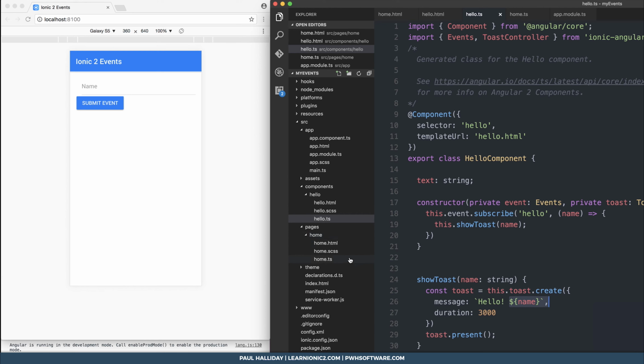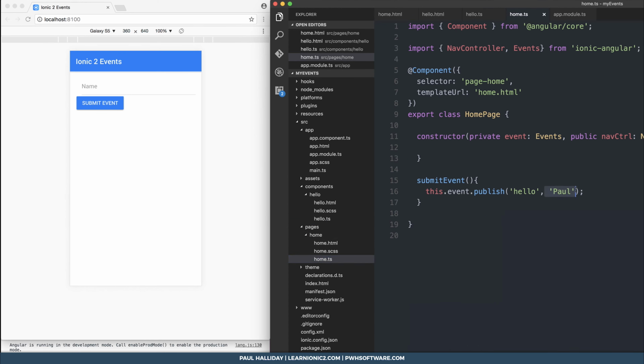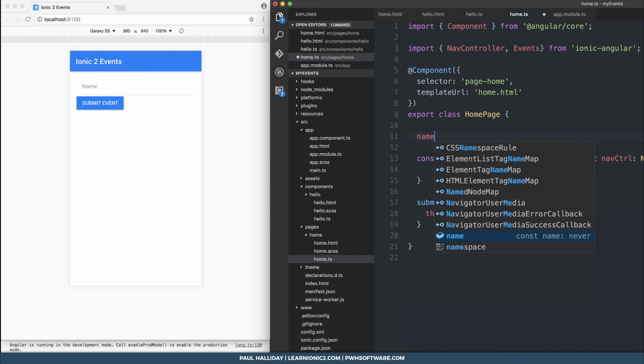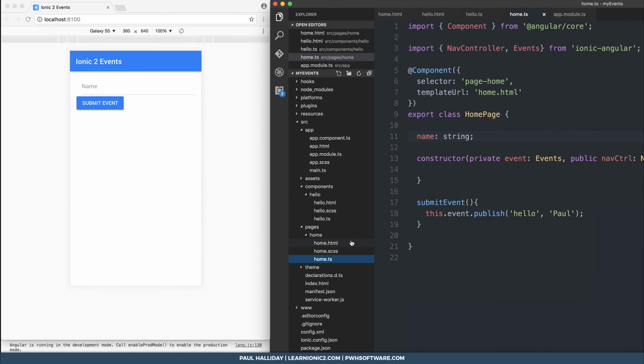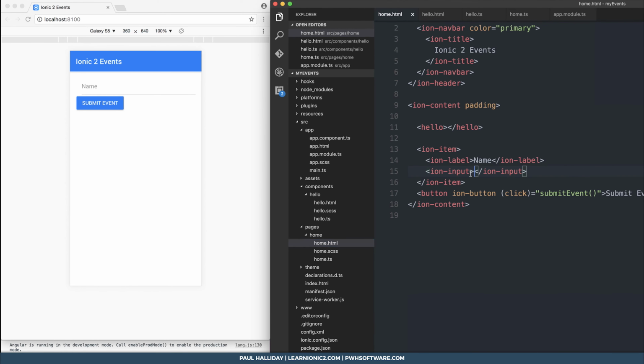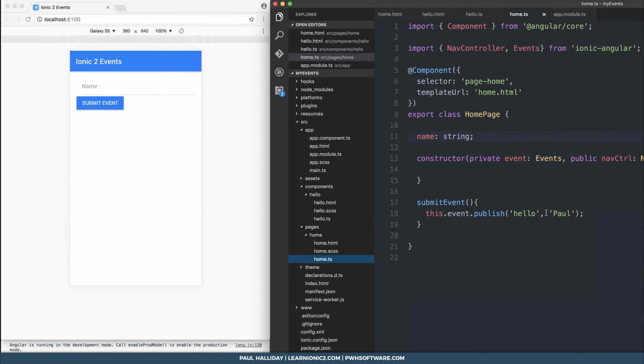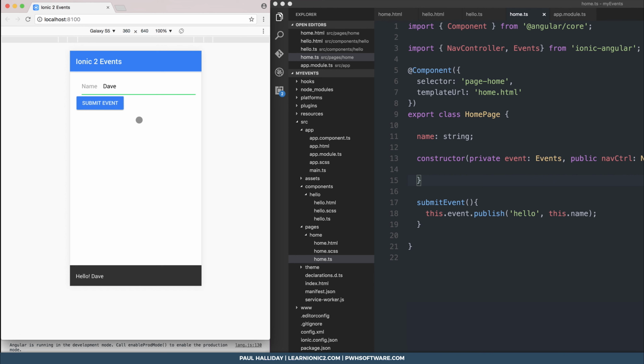So all we need to do now to add some bespoke data is simply make a name of type string, and then inside the ion-input, we can add the ngModel to be name, which means we can go back to our submitEvent function and replace Paul with this.name. Now, if we type anything inside of our input, we could say hello Dave, and we would get hello Dave